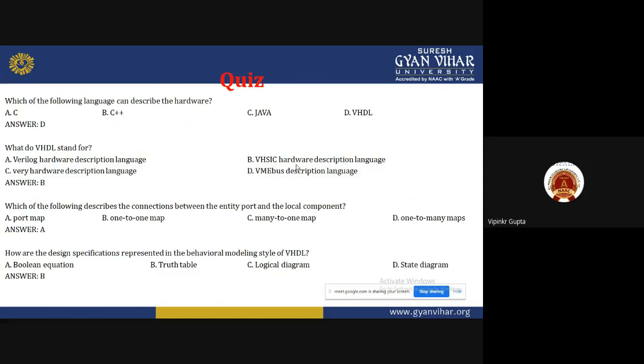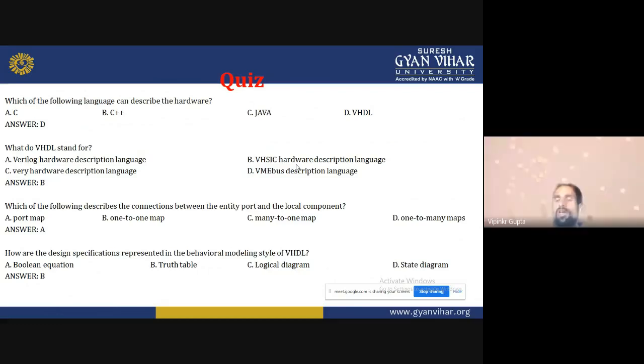How is the design specification represented in the behavior modeling design style of VHDL? As I say many times, there are three types of modeling: data flow, behavior, and structure. In data flow we can do port mapping, in behavior we can do the modeling using a truth table, and in structure we can use the logical gates.